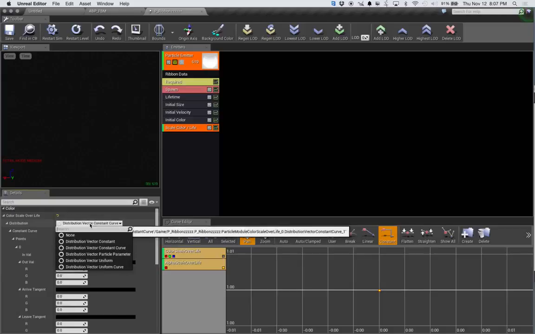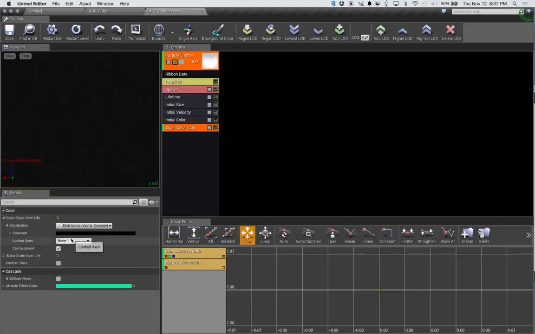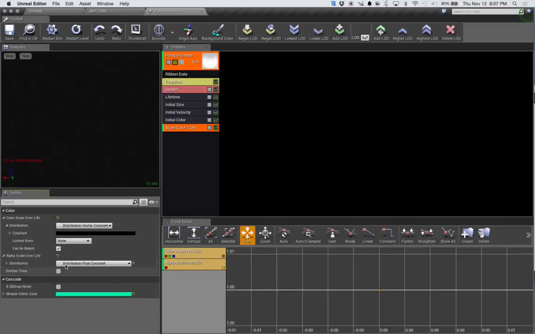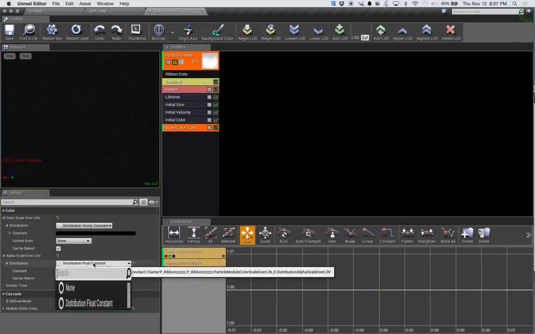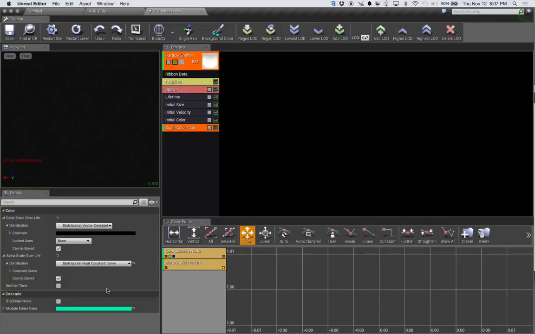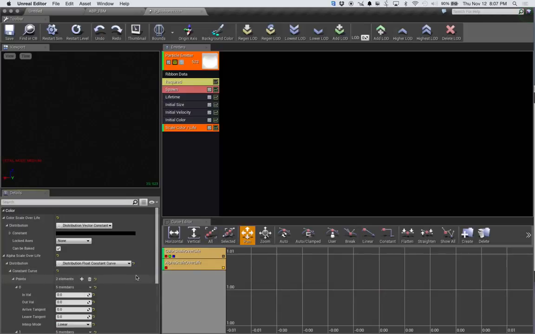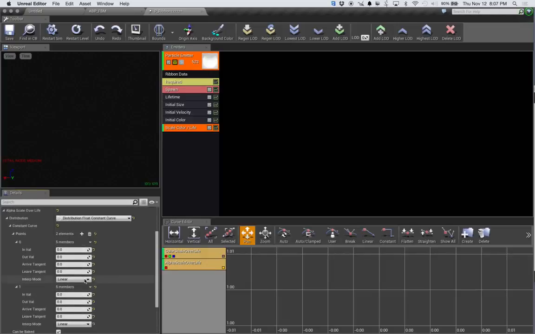This was a mistake. Alpha over life. We'll do that again. Constant curve with 2 points. From 0 to 1. So now with alpha selected,